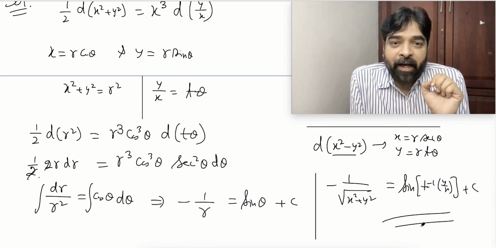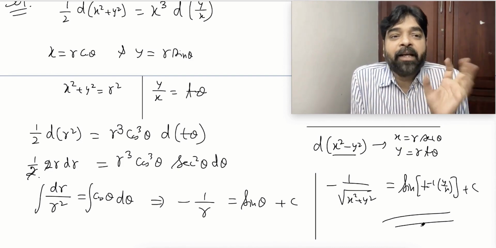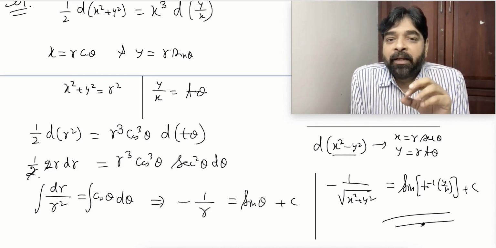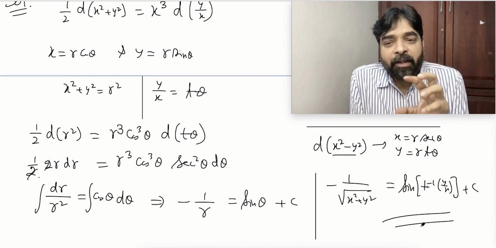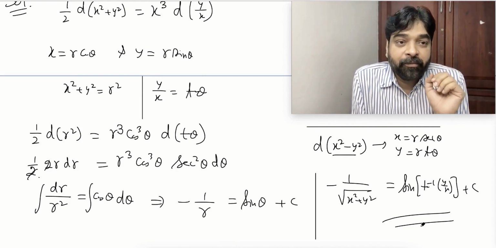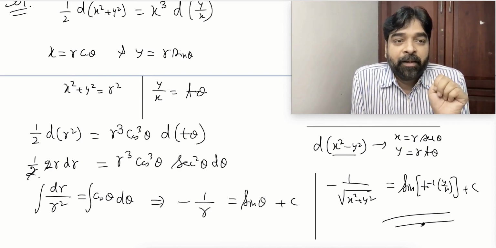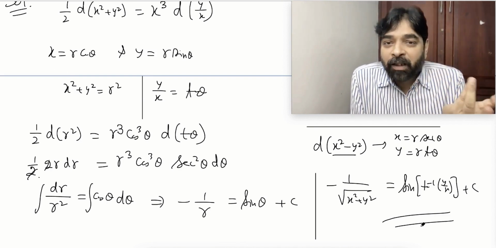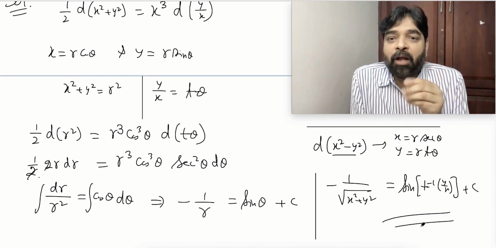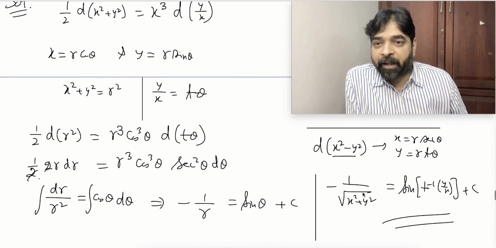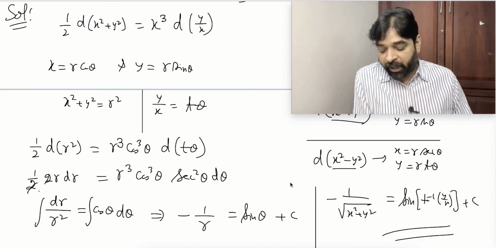When you get this idea, whenever you find that somewhere d of x square plus y square or d of x square minus y square, that kind of situation is coming, this is the polar substitution you may try. I am not saying that every polar substitution will give you the answer. But when no other option is coming, and we are not able to solve easily, then why not try this way. Can everybody confirm? Is it clear so that I can go ahead?